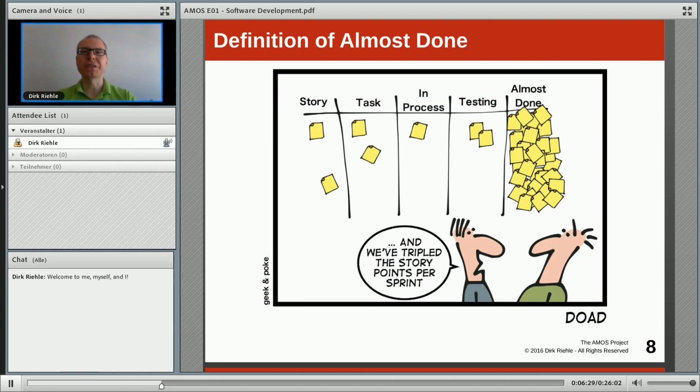Here the joke, of course, is that once you relax your requirements, you're not precise, you're actually cheating, then you will be much quicker because you will have so much more work almost done. Well, obviously don't do it. There's no point in lying to yourself.